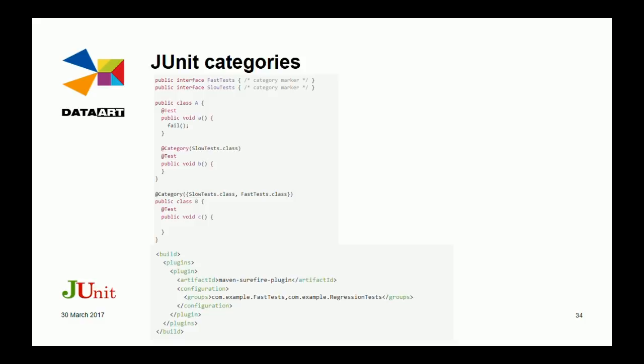The Surefire plugin is responsible for unit testing. If your project has not only unit testing but, for example, integration testing in the same Java project, it would be better to use one plugin for unit testing and another one for integration testing. So if you have only one project where you have only tests, you can use the Surefire plugin. If you have two projects and you would like to separate them, it would be better maybe to use both plugins.